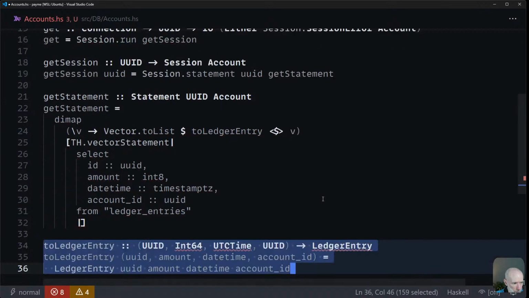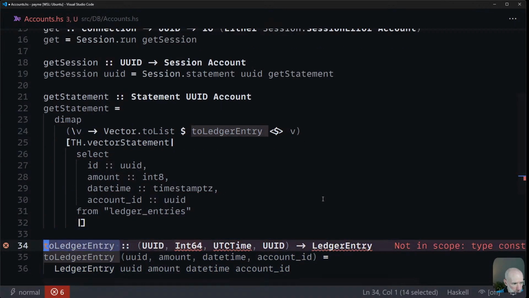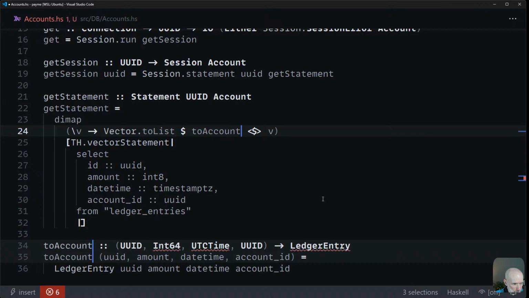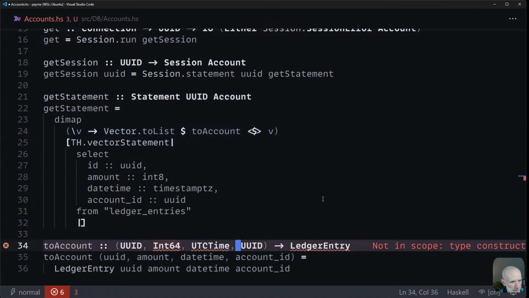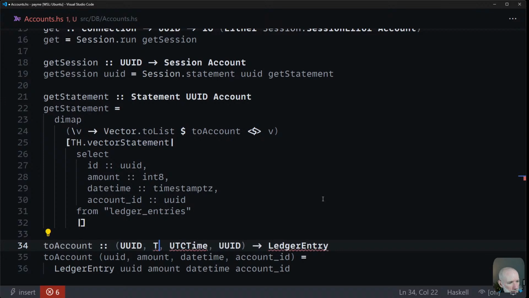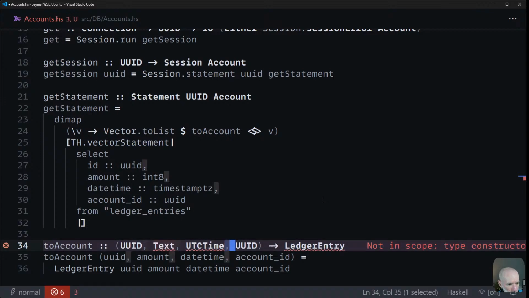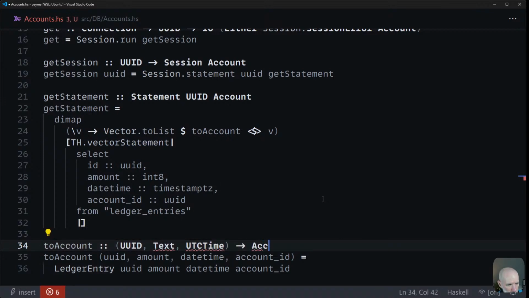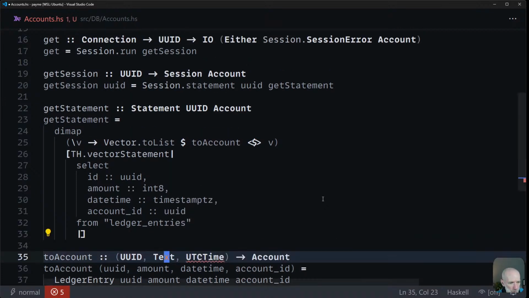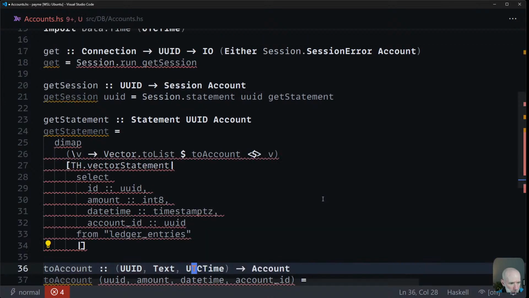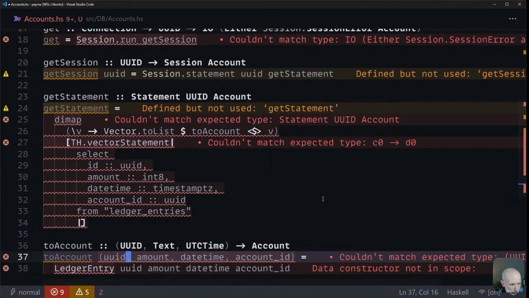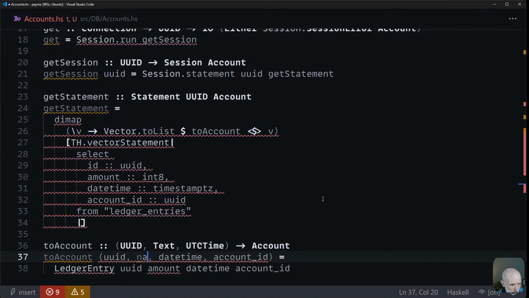So this is actually going to be to account. Okay. And an account has got a UID, got some text, it's got a time, and it returns an account. So text I'll import. Time I'll import. Okay, so now we've got a name